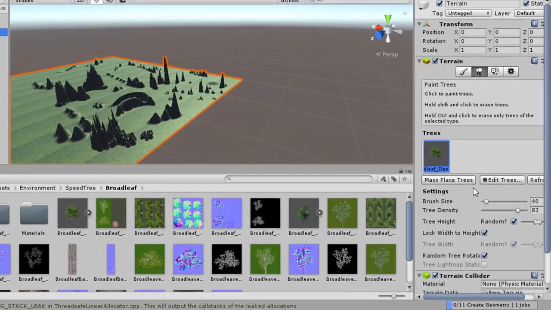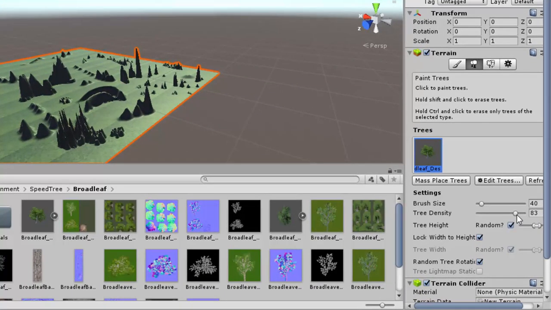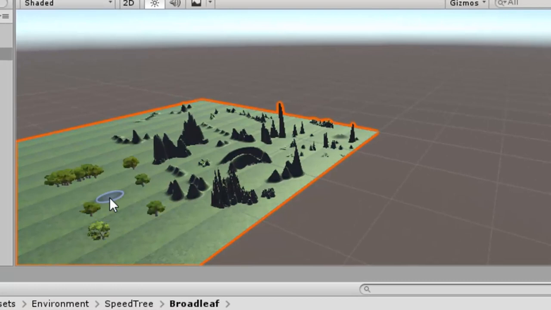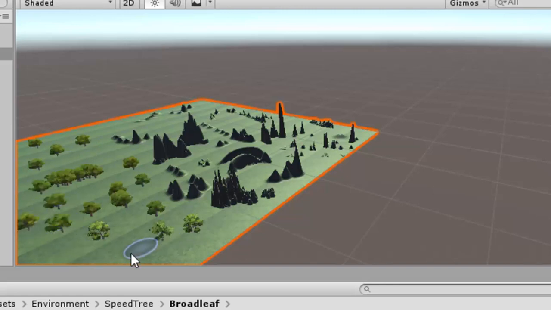You can increase or decrease the tree density. Suppose I am taking it as 17. Here you can see that whenever I click on the terrain, based on the duration of our click, trees will be placed.